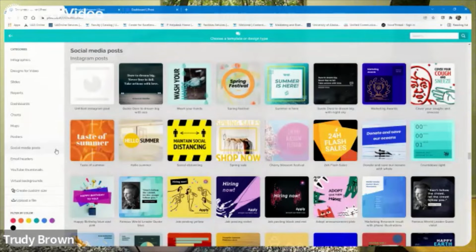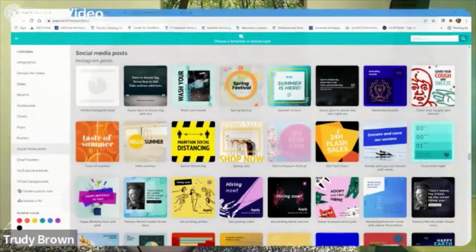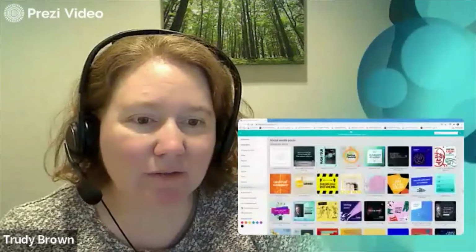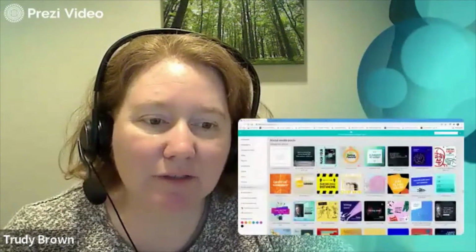You could do Piktochart to create infographics, another great website. So by itself, probably not the reason why I would choose this product. But then there's the next type of thing that you can create, and that is Prezi Video. And Prezi Video allows you to record videos, create live presentations like the one that I'm doing right